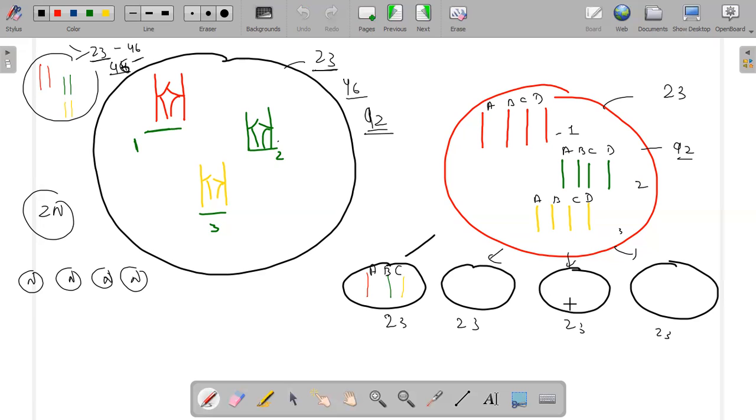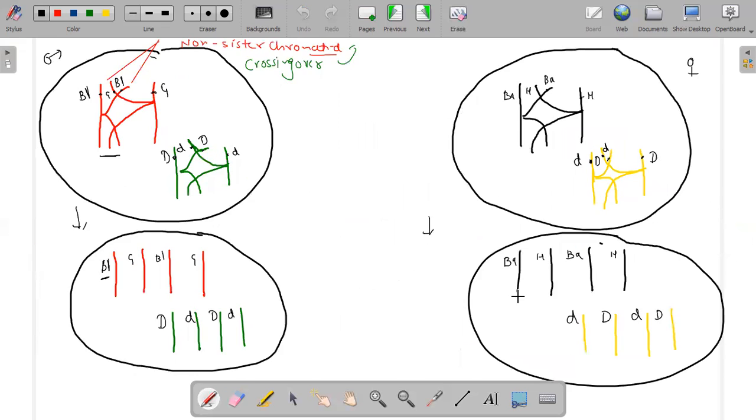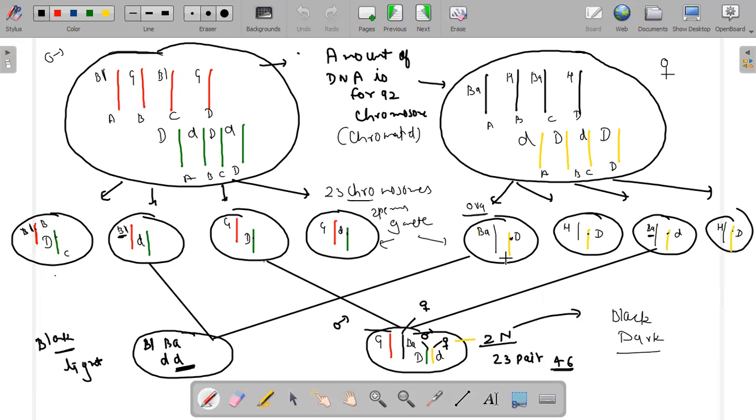But if you are getting this theory, then this question can be asked: how gametes are formed and why the variations are created. So you can see that from two parents, okay, you can see how variations are created. Okay, so many types of gametes are produced, and you can see how. Okay, this is just an idea. You have to imagine this for 23 chromosomes and 25 to 30 characters, and every character will have at least two alleles for one individual. Like this individual is having two alleles, black, blue and green, and she is getting black and hazel. So you can draw this thing.